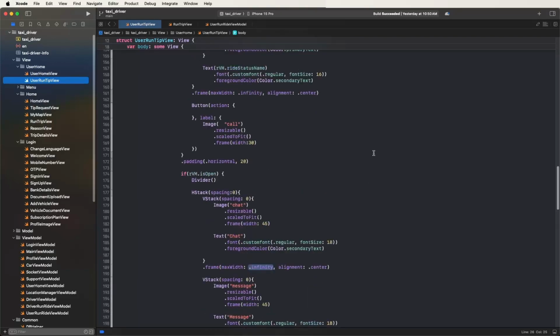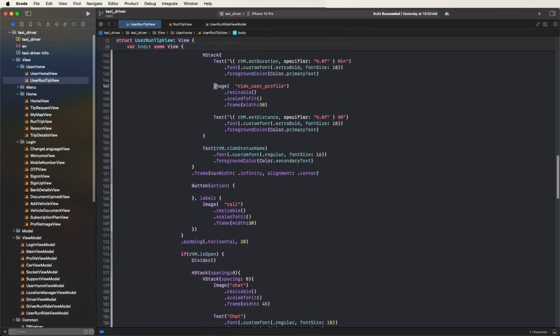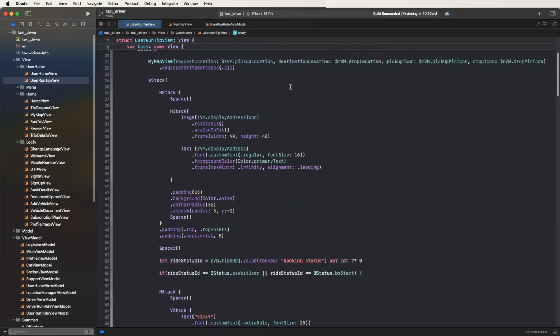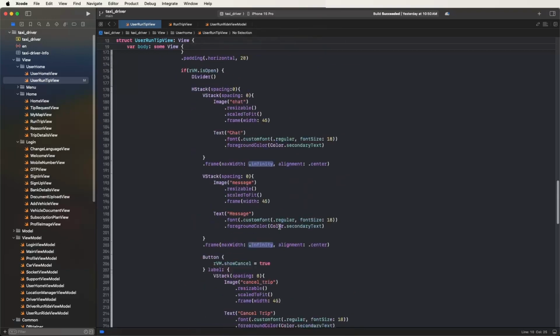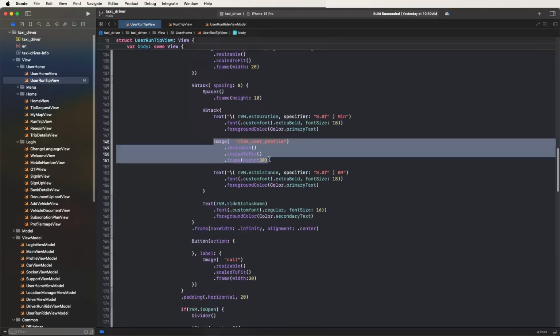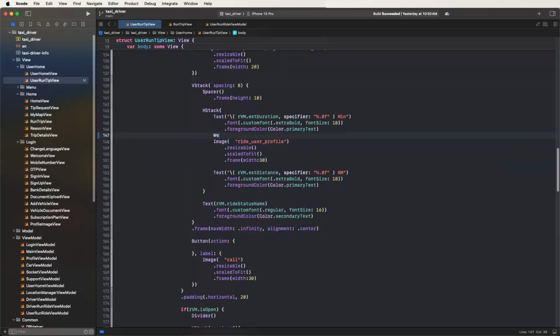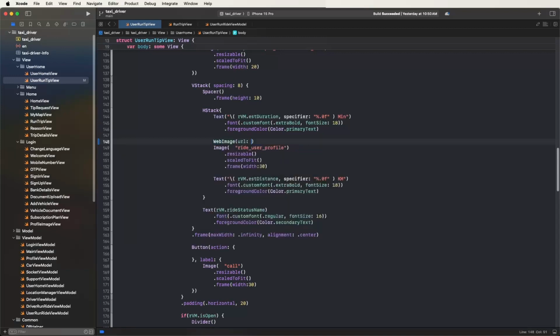First of all, we need to set the image for the profile. First of all, we need to import here SDWebImageSwiftUI. Need to select the library, and now scroll down. First of all, need to change the static image to a dynamic image. Now need to write down here the web image URL and give it the URL